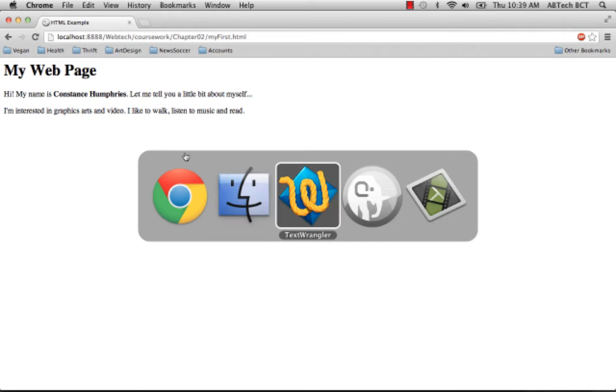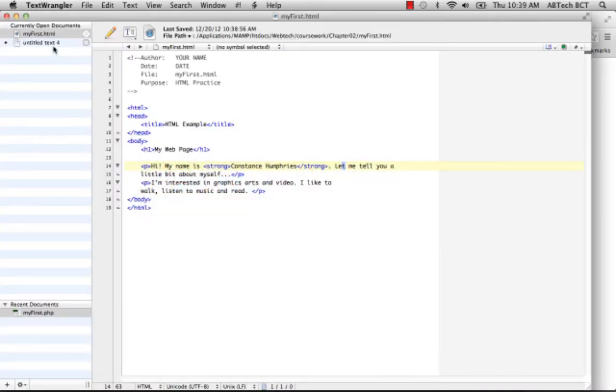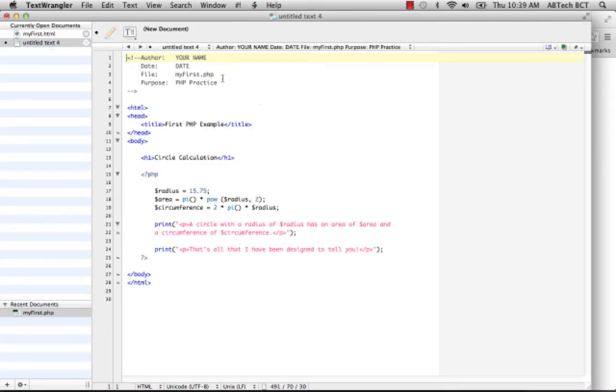Now let's create a PHP program. Open the text editor and type in the program code for myfirst.php from Chapter 2 of the textbook. When you have finished, save your file in the Chapter 2 folder as follows. Save